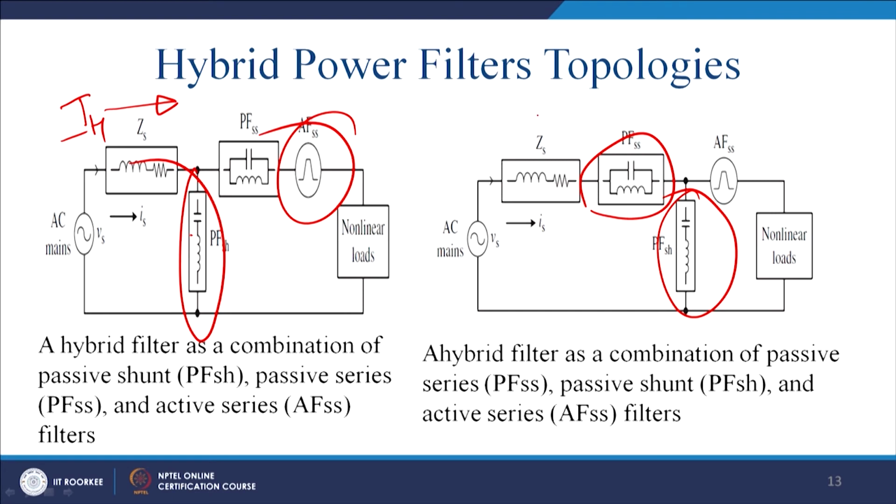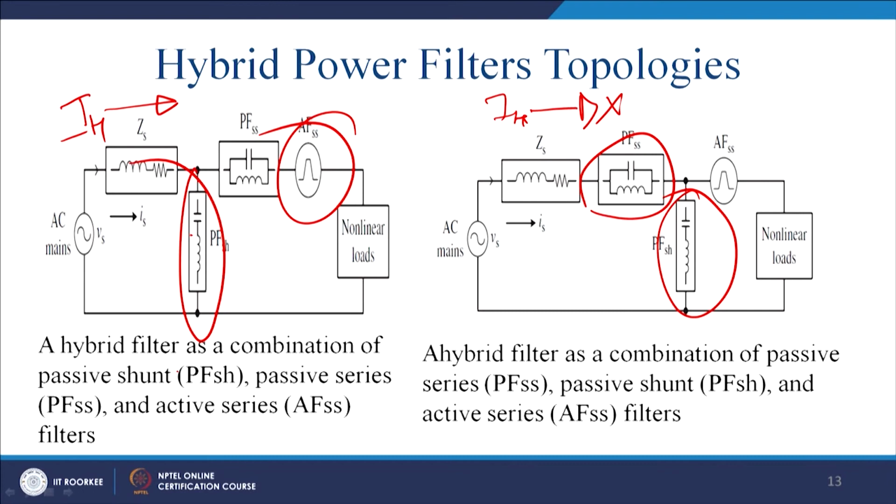What happened here? Here you first blocked IH, then you have a drain. So, the harmonic content that handles this passive filter will be low, here will be high, but the problem lies here: the solution you get is inferior to this, at the cost of a higher power rating, because